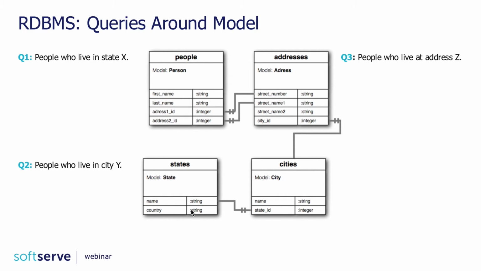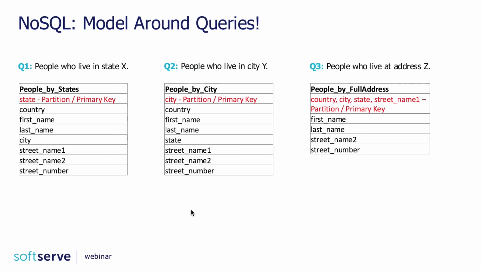If you want to see who lives at a specific address, or in a specific city, this schema works perfectly for all of these queries and for any other queries you can imagine, right? So you create the table once, you create the schema once, and then you use it for as many queries as you want. And this is the biggest difference with NoSQL, because in NoSQL we usually have as many